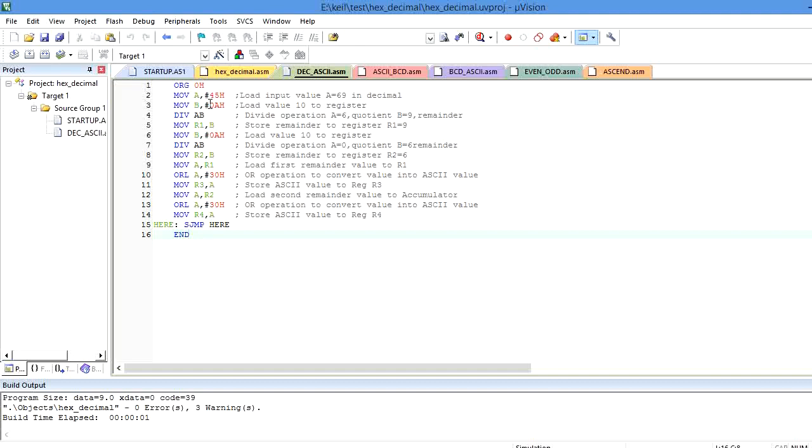I have already written the program. Let me build the program. So there is zero error and switch into debug mode.